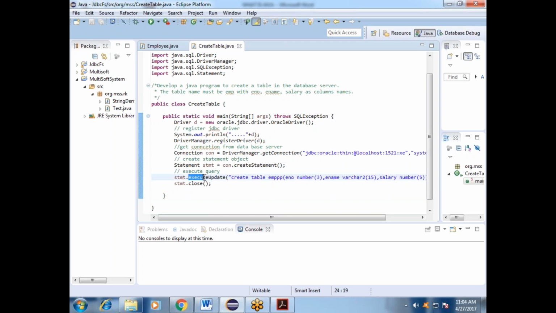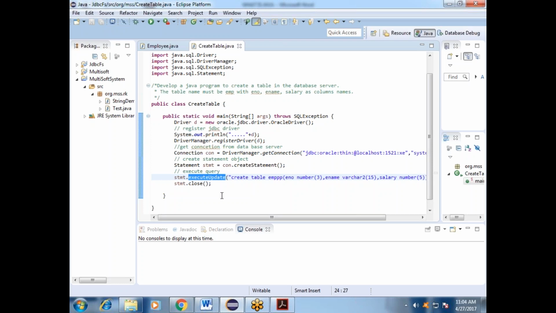So yesterday we created how to register, how to communicate, and how to create a table. The major part is executeUpdate. And which part belongs to JDBC we will discuss: executeUpdate and executeQuery. These two methods are also required to know.